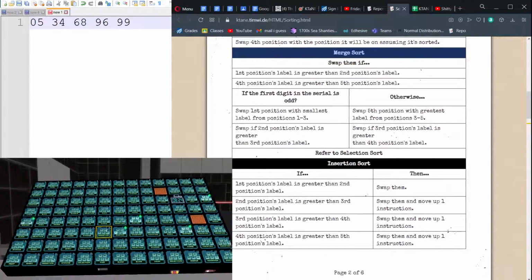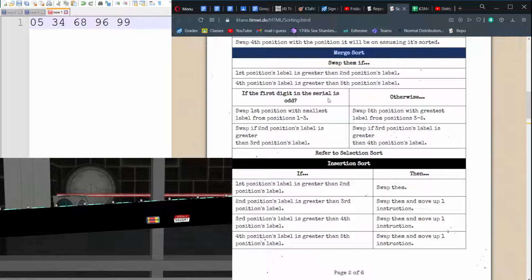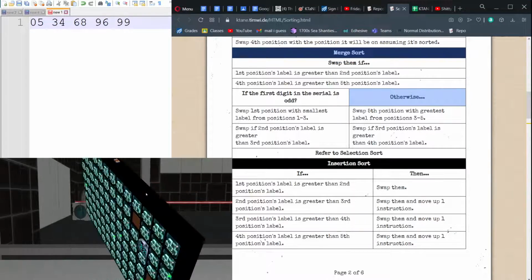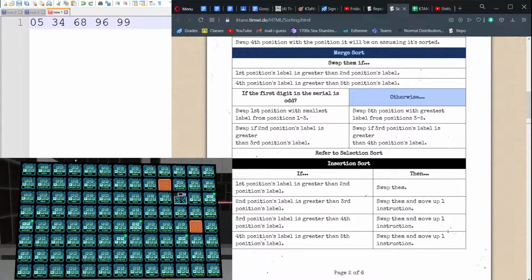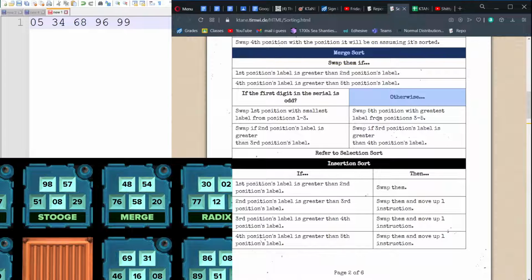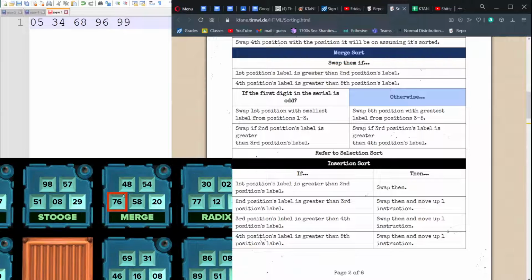And this is one of the few, like the only one that actually requires a serial number. So let's see. The first digit of the serial number is even, so we're gonna follow this. Merge sort. At the beginning of merge sort, we follow these instructions no matter what. So we would swap 1 with 2 if 2 is greater than 1, and then 4 and 5 if 4 is greater than 5. And then we follow this rule set,